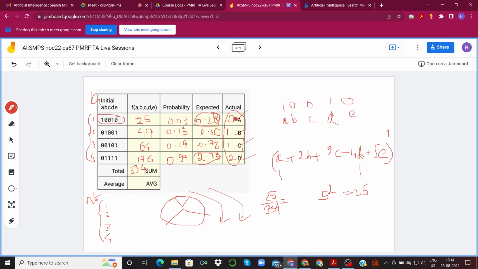So this zero represents that we want zero instances of this particular string in this next generation. We want one instance of this string in the next generation, one instance of this string, and two of this string in the next generation. Now, since we want only four strings in the next generation, the sum of all these values should come up to 4. That's what I was trying to say.